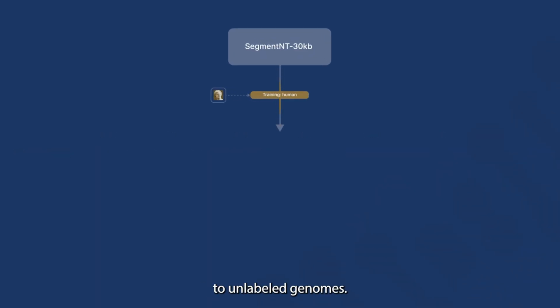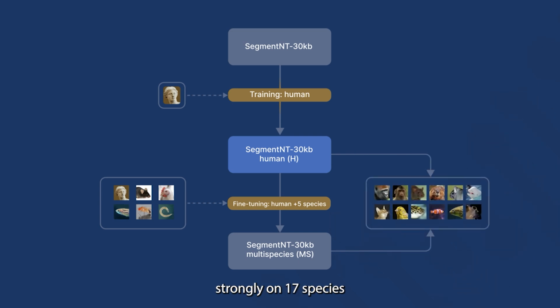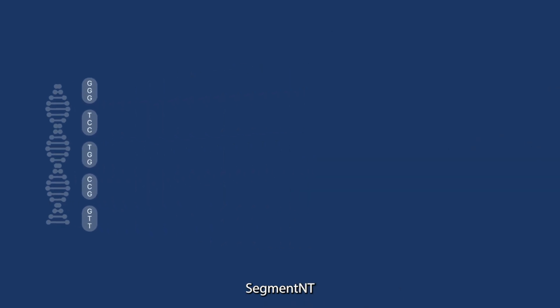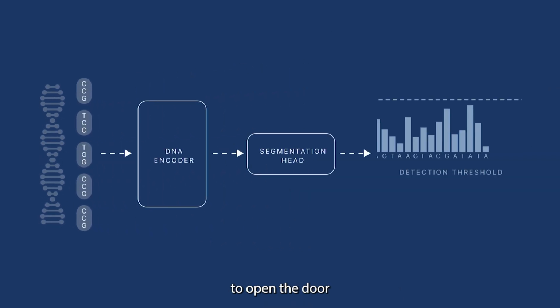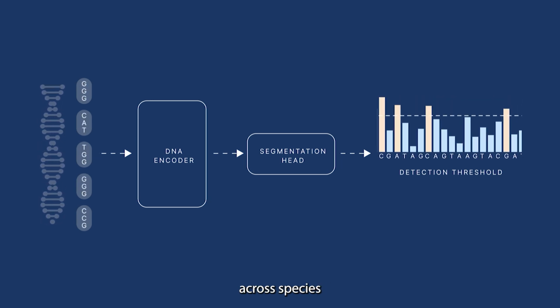SegmentNT generalizes well to unlabeled genomes. It performed strongly on 17 species in testing, and a fine-tuned multi-species version further improved accuracy on distant genomes, without sacrificing performance on human. SegmentNT has the potential to open the door to flexible, high-resolution genome interpretation across species, tasks,